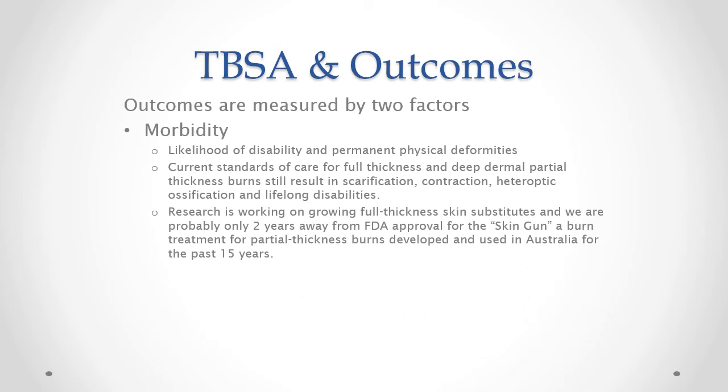Research is about 2 years away from FDA approval for what we call a skin gun process. This was developed in Australia about 15 years ago, and basically what we do is we take a small portion of the patient's own skin. We, in the operating room, separate the layers, put it in a buffer solution to stop the protein denaturation, and then we put it in a proprietary matrix of various chemokines and interleukin factors and all sorts of things, and then we basically spray it on the burn, right? So we don't have to actually use that mesh pattern, and it actually heals without a lot of scarring, and it's a pretty effective